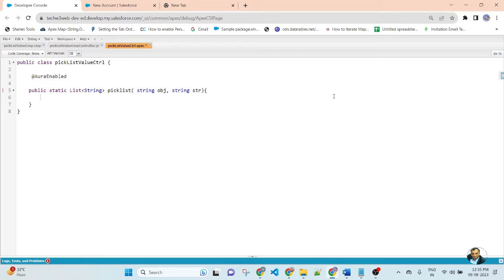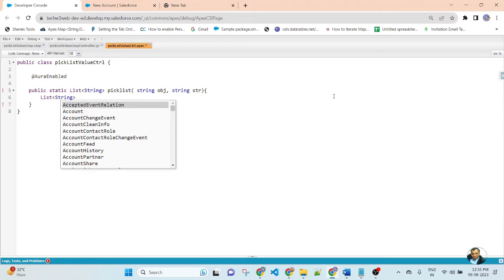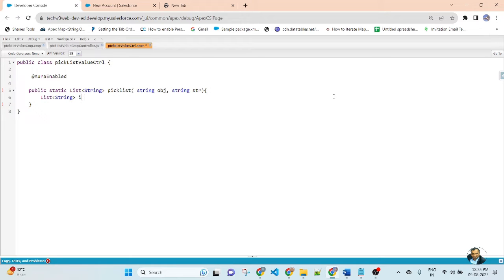Here create a List<String> industry list equal to new. So here I am creating an instance of a list because I am fetching the list of industry picklist values from Account.